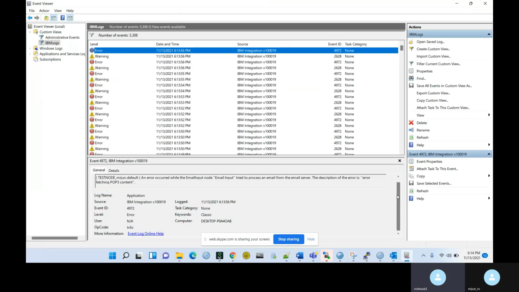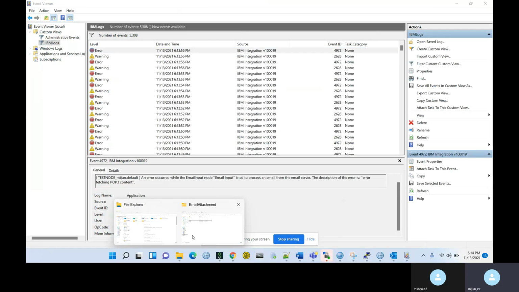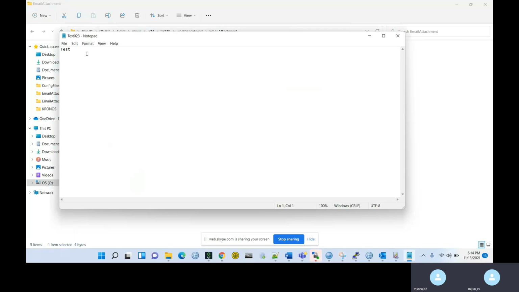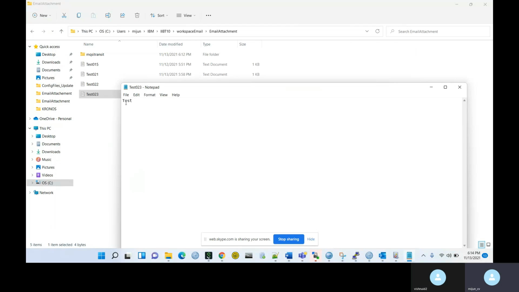You're still having those errors. But when I start and stop the message flow, it is picking up and loading the content here. Open the content. See the test 23 we just sent, right? After reloading, it came here. Okay. Same.